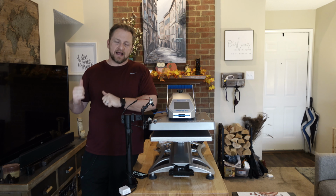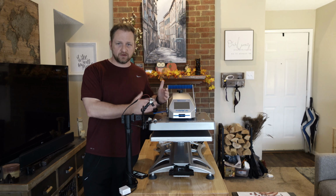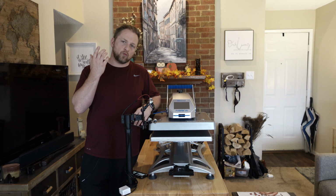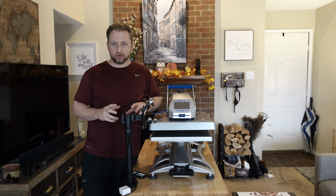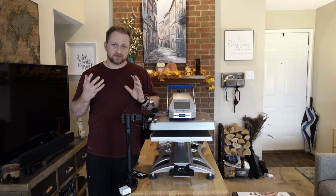As promised in my last video where I demonstrated my homemade laser alignment system with my Fusion IQ heat press, I'm back to give you my thoughts on what I like and what are maybe some shortcomings with the Fusion IQ. Now, I am going to go into a little bit of detail in each of these, so please bear